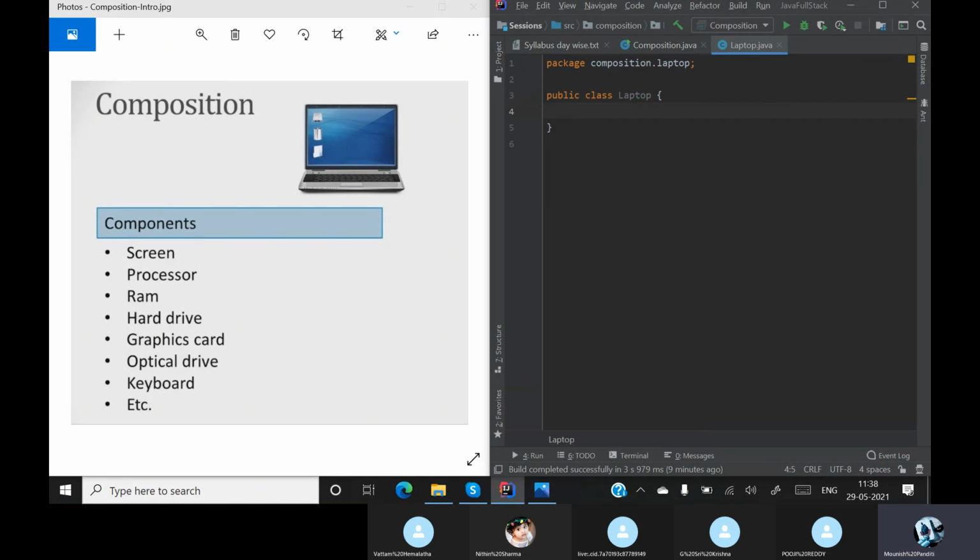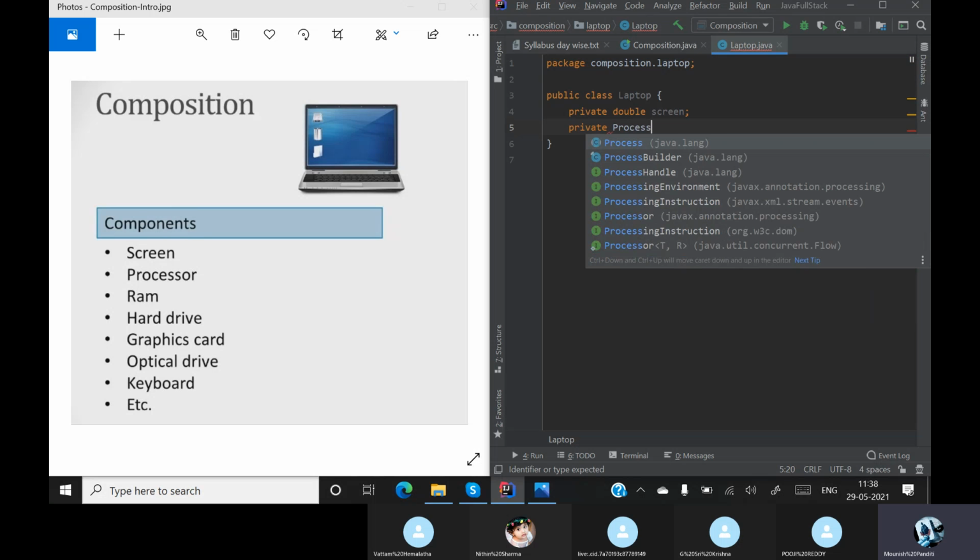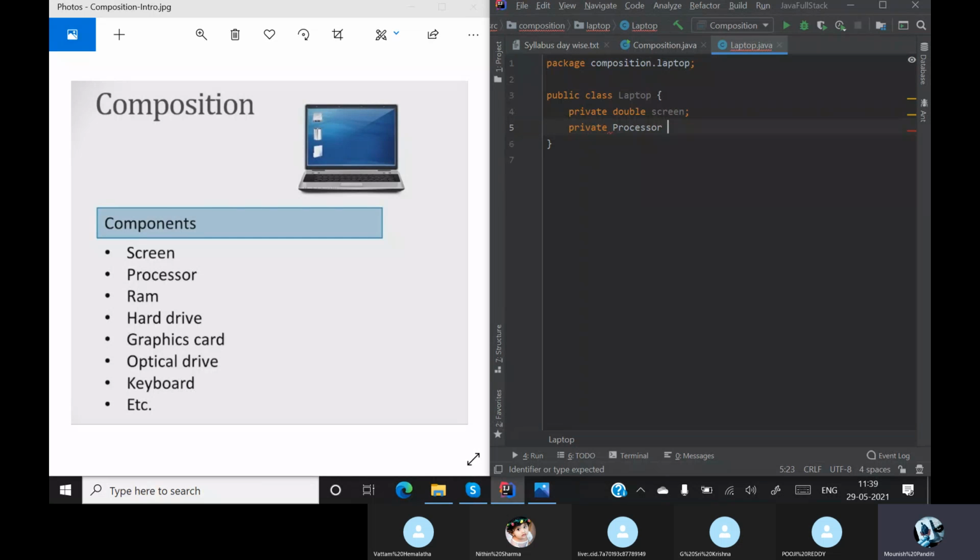So properties private, you know about why private and all. Okay, so private, and let me say it is of double type, and the name is screen.